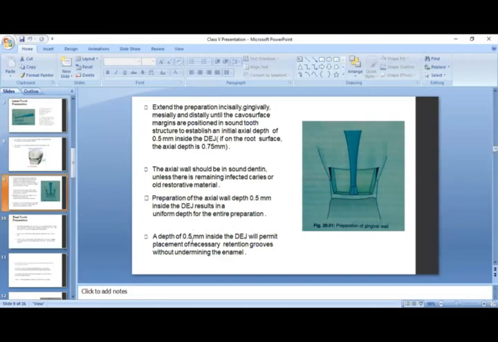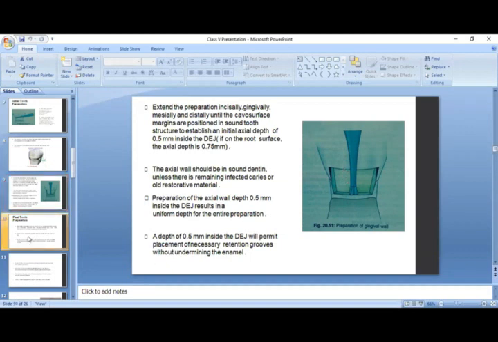The depth of 0.5 millimeter inside the dentinoenamel junction will permit placing of the retention grooves without undermining the enamel. Considering that this is the axial wall, two retention grooves can be placed in the case of a premolar. One retention groove is placed here, and one retention groove is placed over here, as I can show you